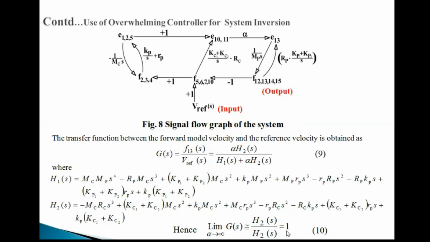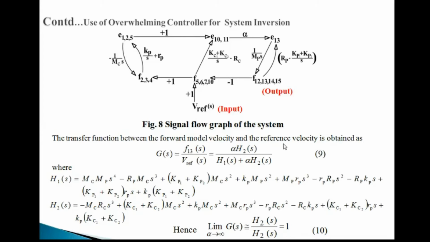So what does this mean? This means that if the gain is large, then the response and command velocity will be the same. But it is not advisable to use very high values of gain near infinity, because that will increase the sensitivity to noise, and it also increases the simulation time. Moreover, the response may overshoot with increase in value of the gain parameter.